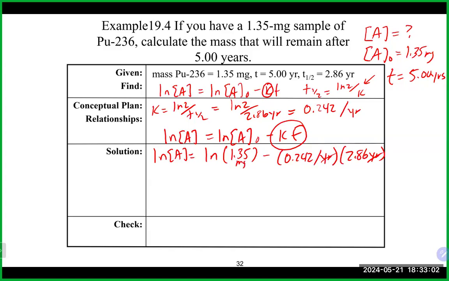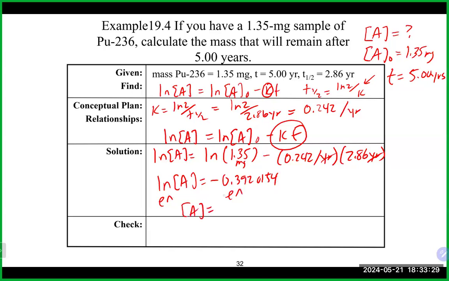So cleaning up the right-hand side gives us the natural log of 1.35 minus 0.242 times 2.86. Going to get us the natural log of A is equal to minus 0.3920154-ish. Taking the e of both sides here,